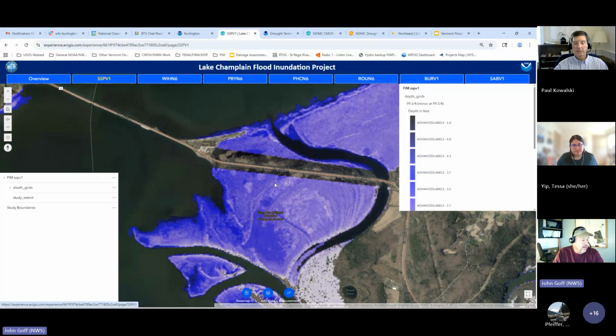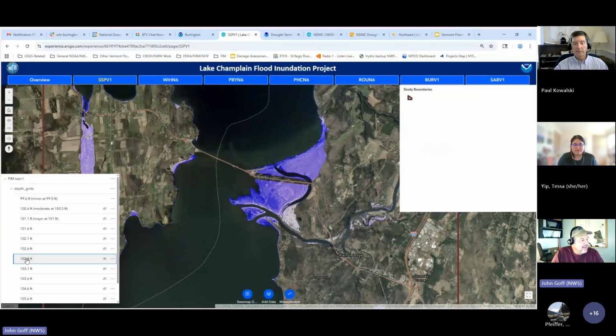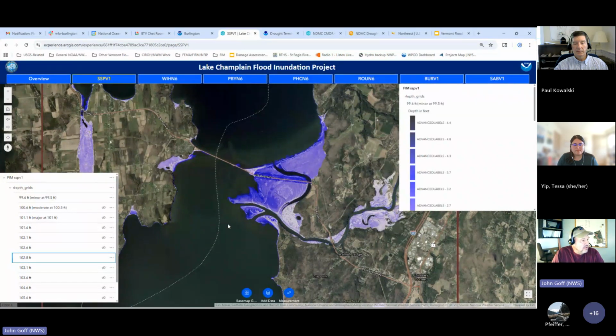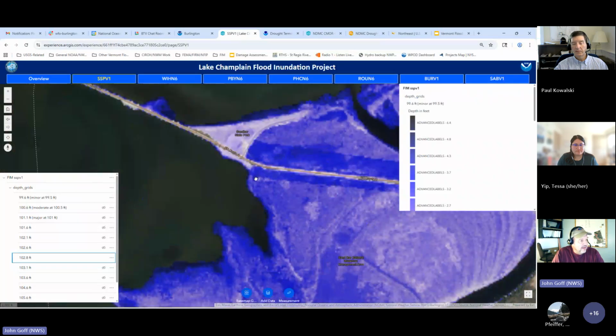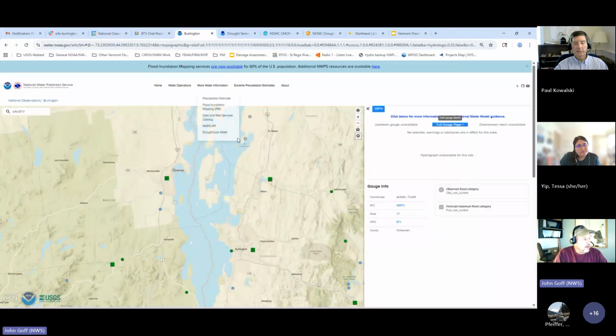let's go to 1028. This is, by the way, another can of worms because people go, well, the peak stage in 2011 was 103.1. Well, now we're on a new datum. So the peak flow all time is 1028. And you can see how the causeway is impacted out here going out to the islands. Okay, so that's your partner FIM. So let's go back to